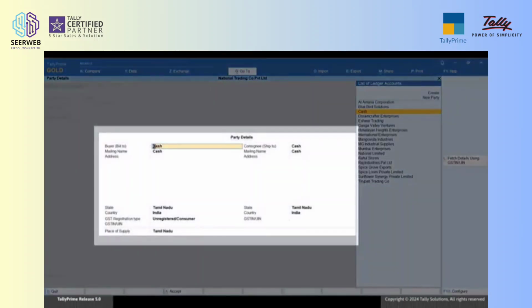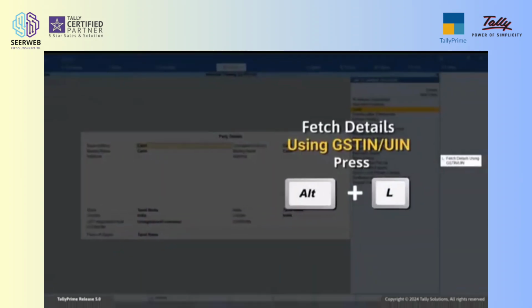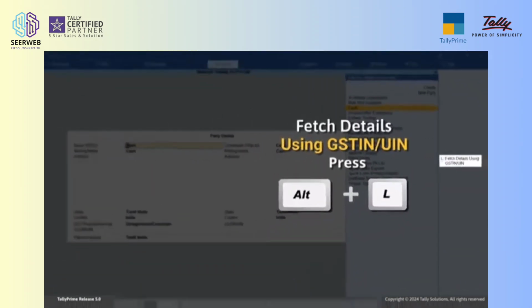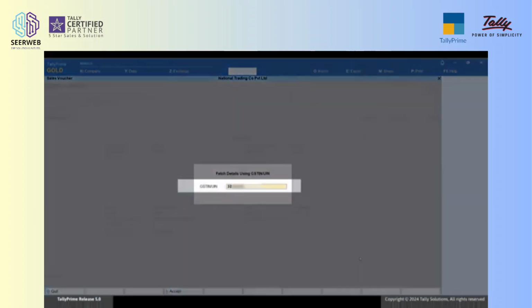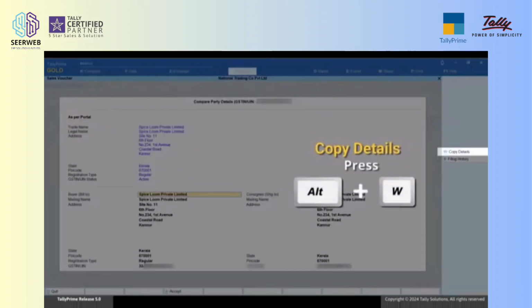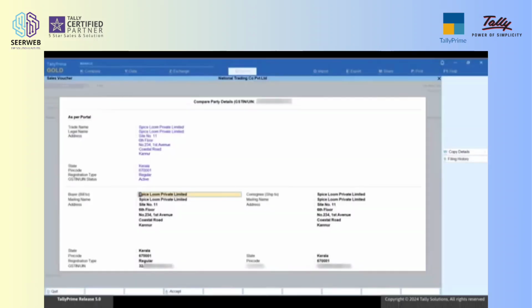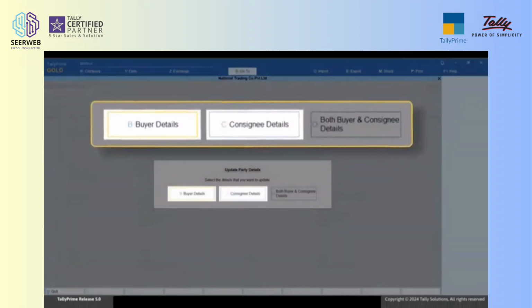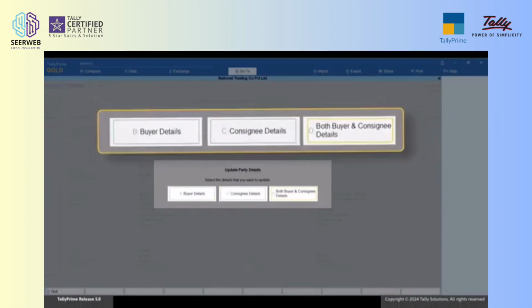In the party details screen, press Alt+L to fetch details using GSTIN or UIN. Enter the GSTIN or UIN of the party. Press Alt+W to copy the details. Based on your requirement, you can choose to copy the information under the buyer, consignee, or both details.